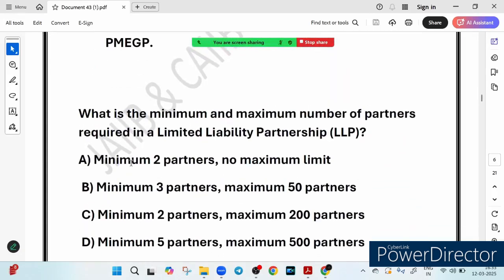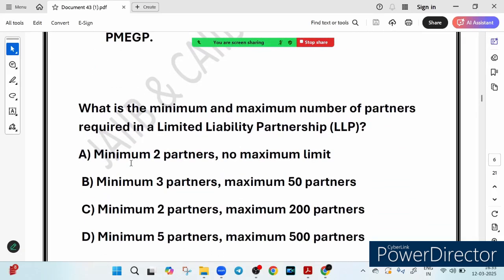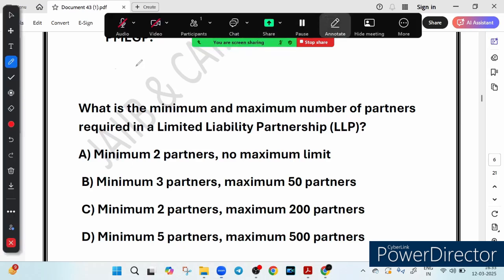Now what is the minimum and maximum number of partners required in an LLP? This is another good question. What is LLP? Limited Liability Partnership. Option number A, minimum 2 partners, maximum no limit. Yes, correct. So what is the act? What is the act name? This is called the